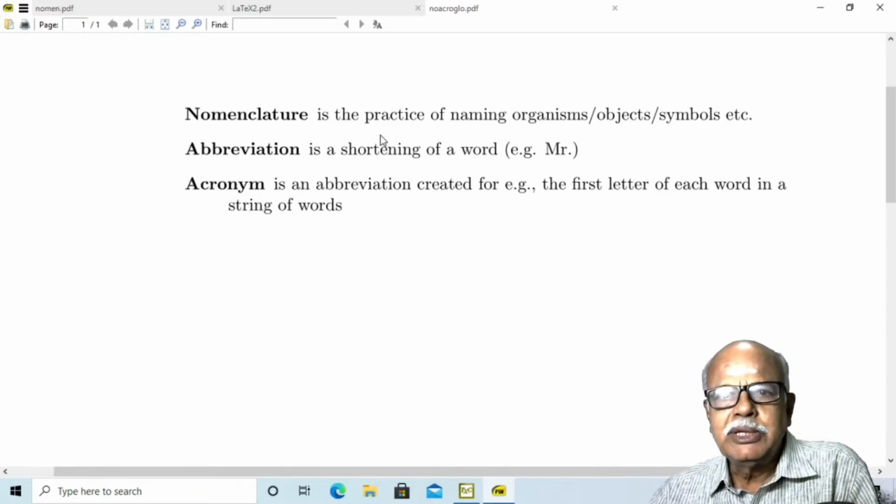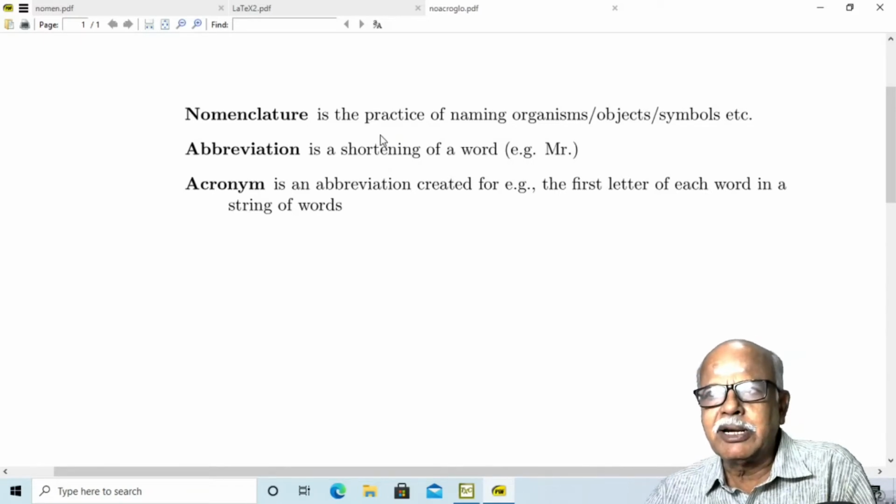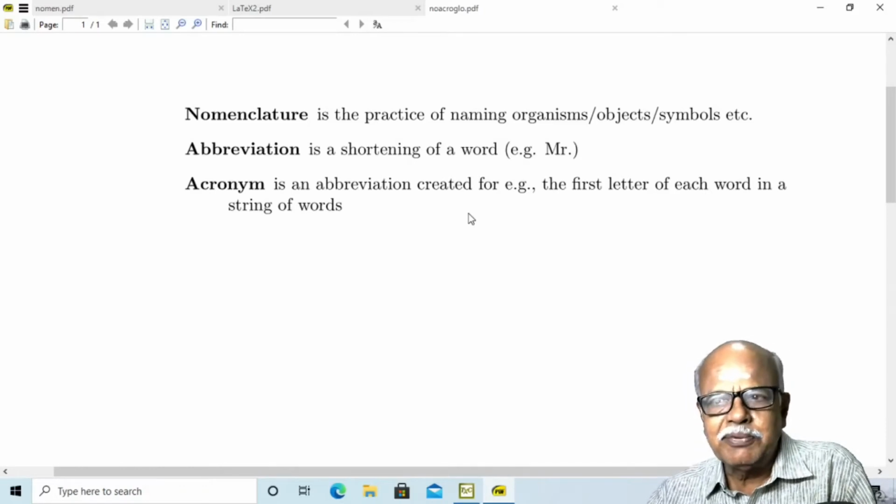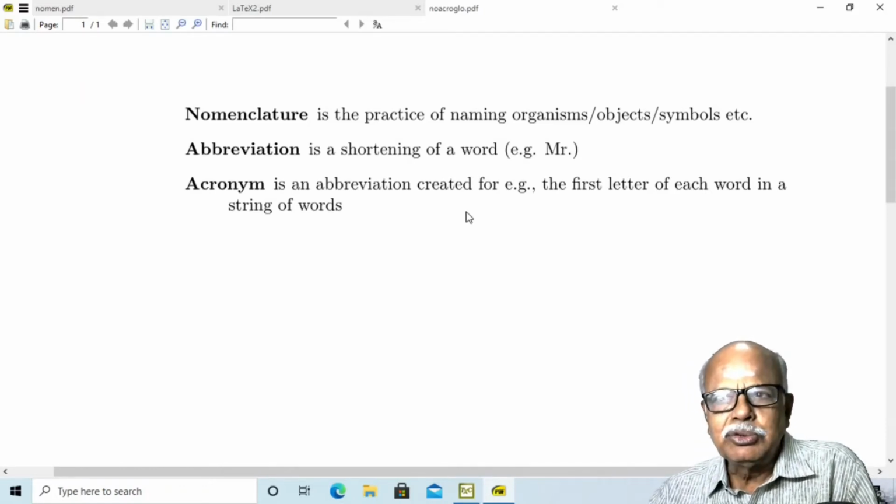Nomenclature, as you know, is the practice of naming organisms, objects, symbols, etc., whereas abbreviation is the shortening of a word. For Mister, you may simply write Mr. An acronym is created by collecting the first letter of each word in a string of words.